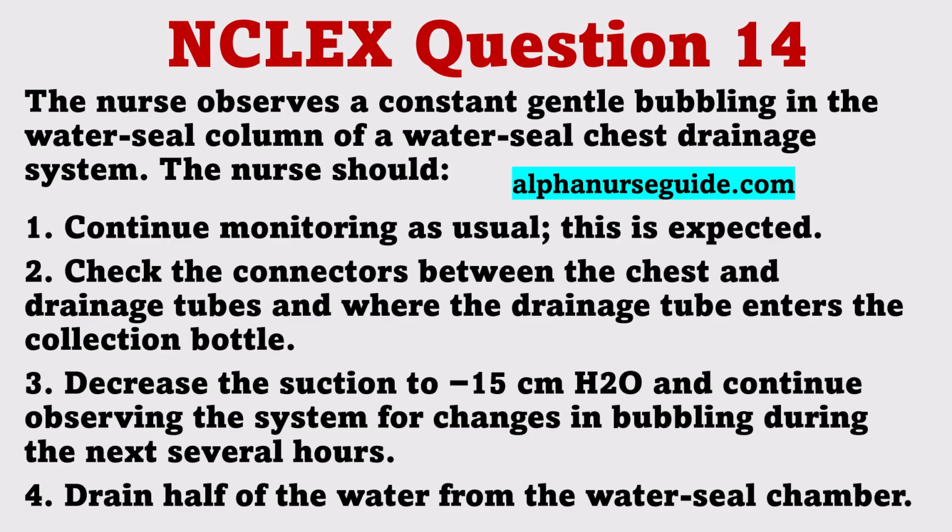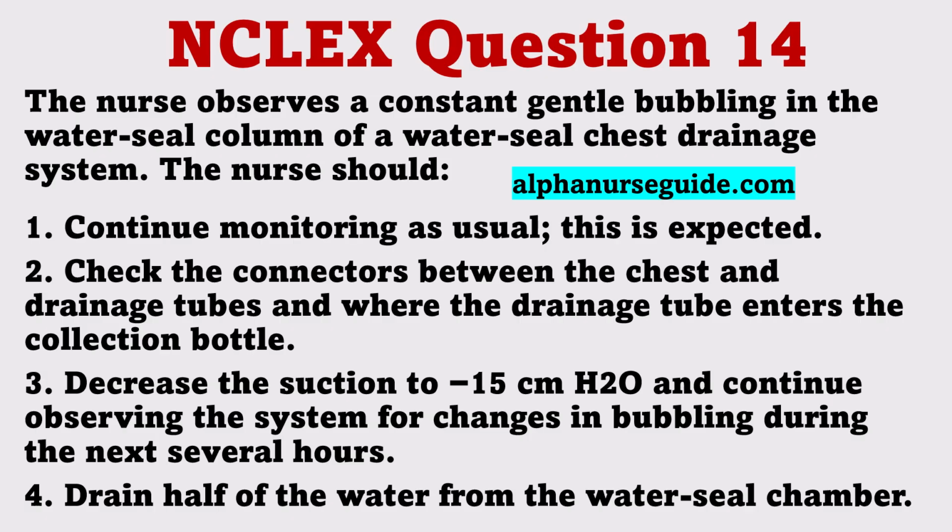4. Drain half of the water from the water seal chamber. The correct answer is 2. There should never be constant bubbling in the water seal bottle. Normally, the bubbling is intermittent. Constant bubbling in the water seal bottle indicates an air leak, which means that less negative pressure is being exerted on the pleural space. Decreasing the suction or draining part of the water in the water seal chamber will not